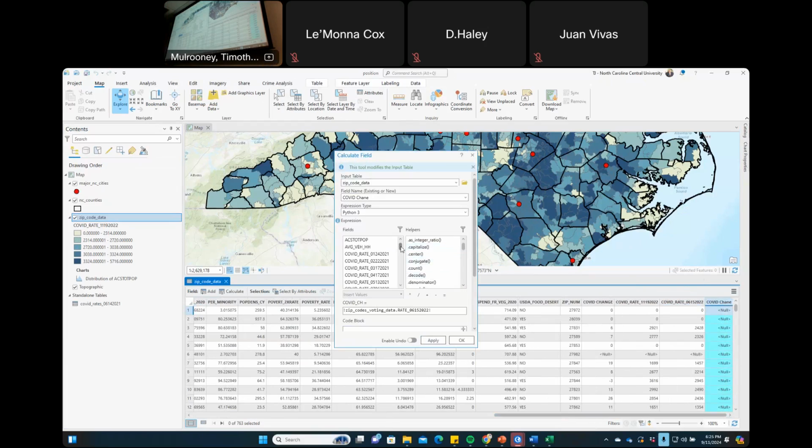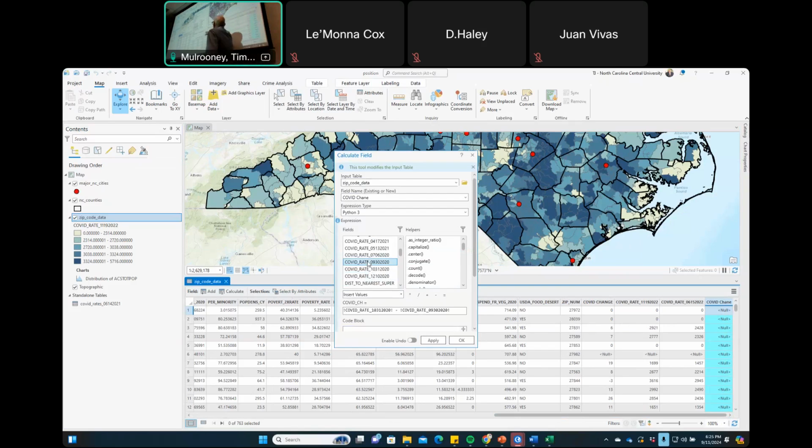All I'm going to do is, I'm going to do the COVID rate for 10/31. So my COVID change is going to be, I'm going to double click COVID rate 10/31/2020 minus COVID rate 9/30/2020. That's all I'm going to do here.